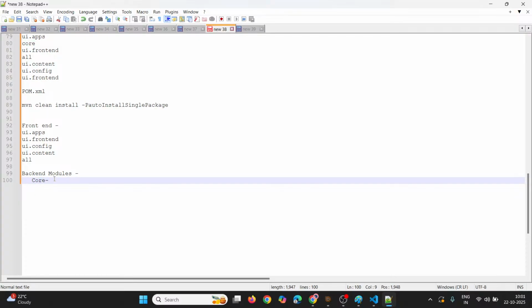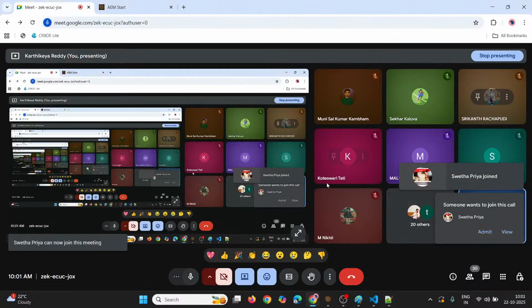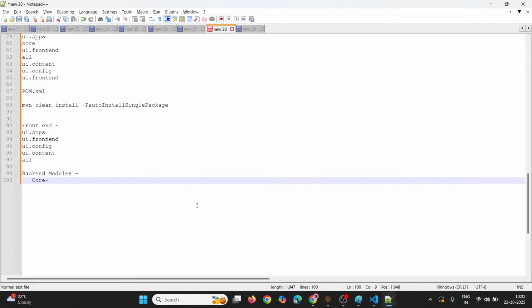Inside this core module you have a lot of things. Whatever backend part you want to perform, you can perform entirely inside this core module. And when it comes to the UI front-end module,